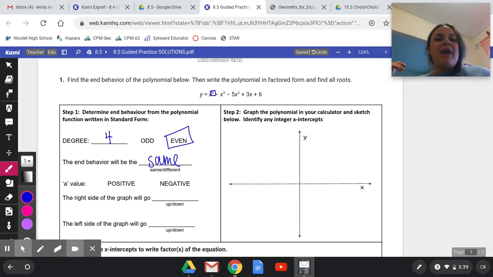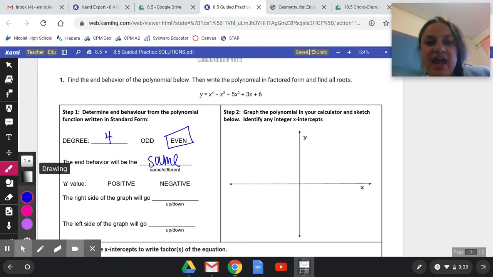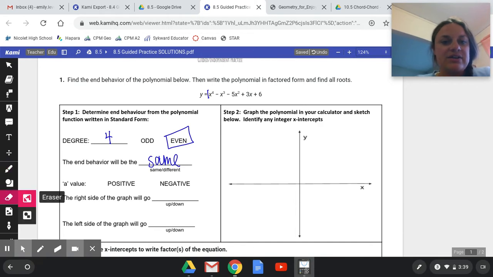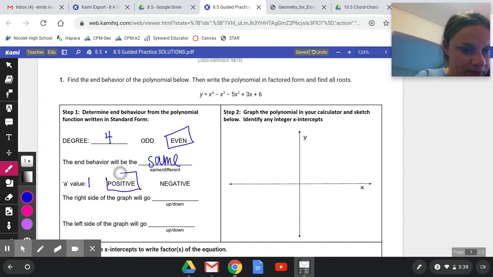All right, now my a value. The a value is my leading coefficient when I have it in standard form. As I look at my polynomial here, I don't actually have a leading coefficient written in, which automatically tells me that it's like an imaginary 1, right? If you don't have anything written in, it's like there's an invisible little 1 there, because anything times 1 is itself. So my a value is 1, which is a positive number,